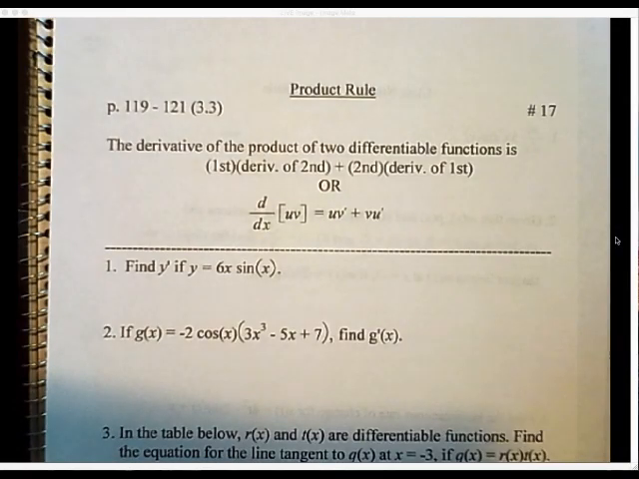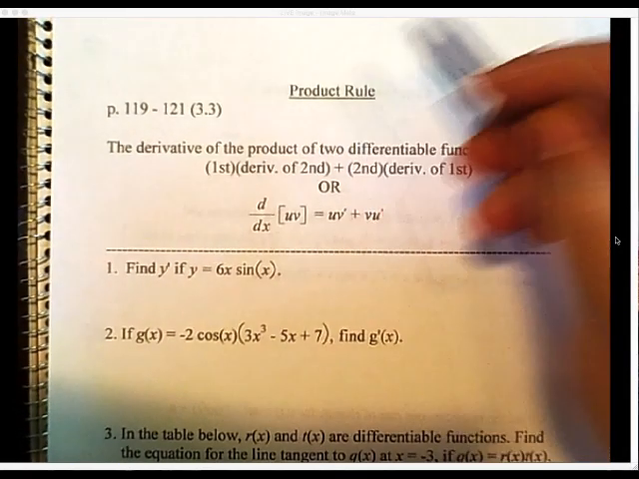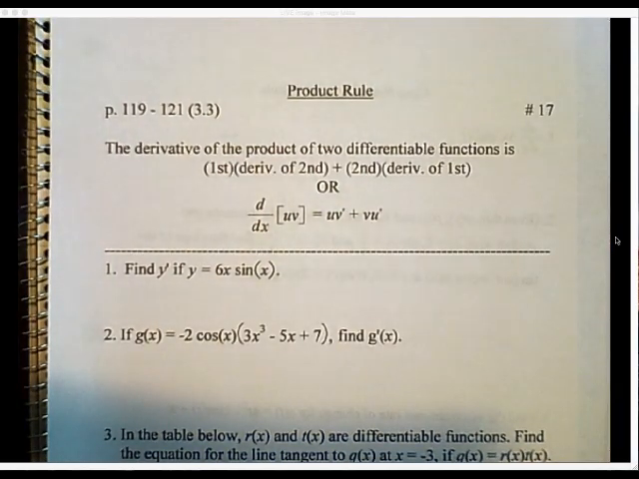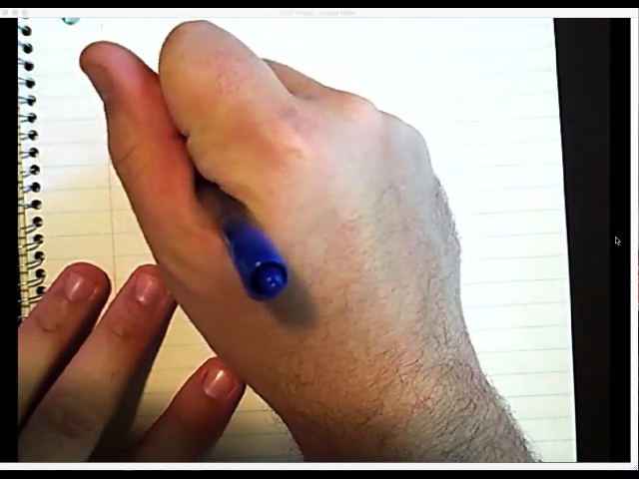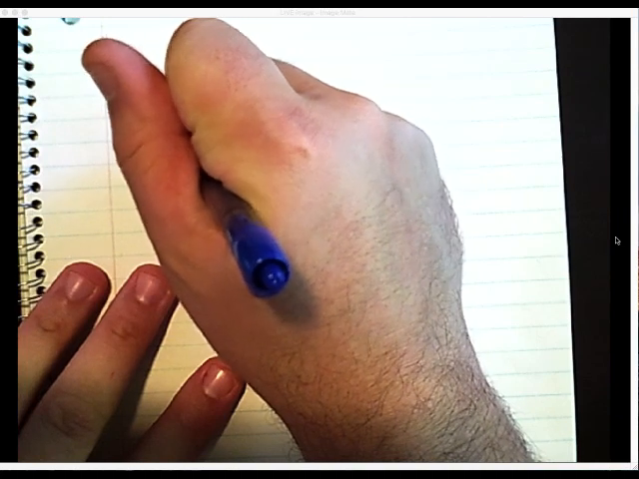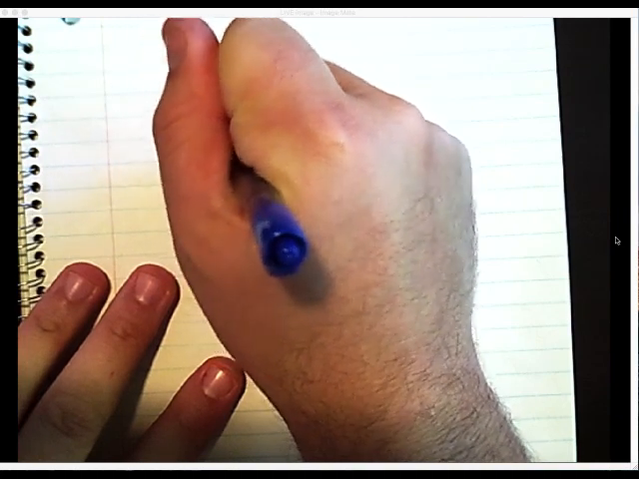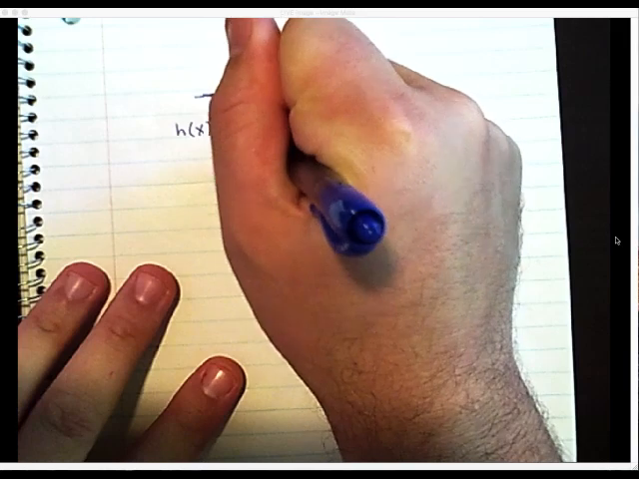All right, y'all, now we're going on to note card 17, which is called the product rule. Okay, very important rule. Before we actually get to it, I just want to review one of the other rules with you. So let's say, for instance, that h of x equals f of x